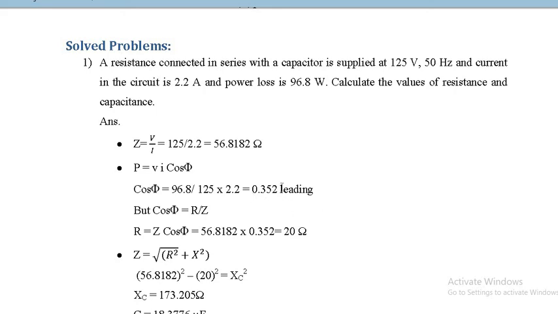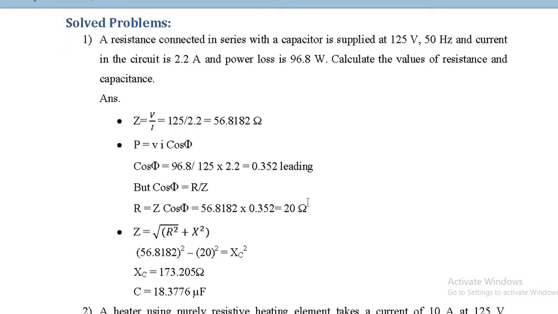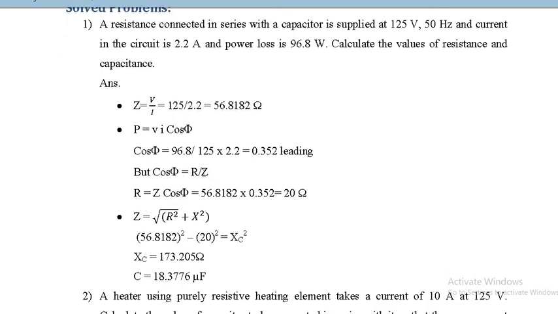It has to be written as leading over here because we are talking about capacitive circuits. In capacitive circuits, the power factor will always be leading. Whenever you write a cos phi, you have to write leading along with it. If you write just 0.352, it has no meaning. Then you can substitute cos phi equal to R by Z, so R will be equal to Z cos phi, and you can find the value of R as 20